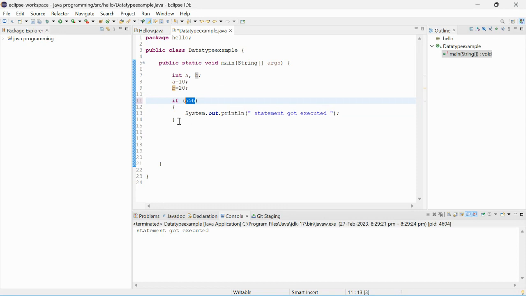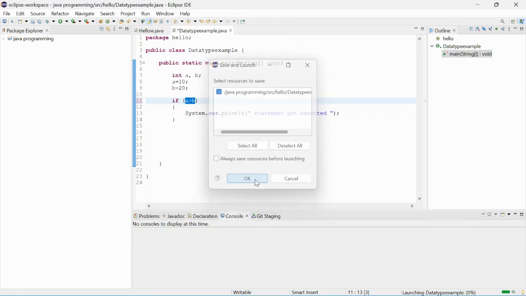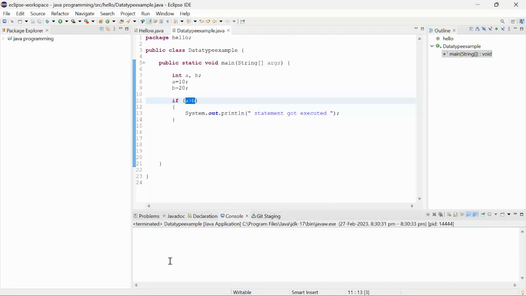Yeah, false. If the condition becomes false, what will happen? Let me see. There is no output. Can you see? I have executed the run statement, but there is no output. Because the statement I have written won't get executed when the condition becomes